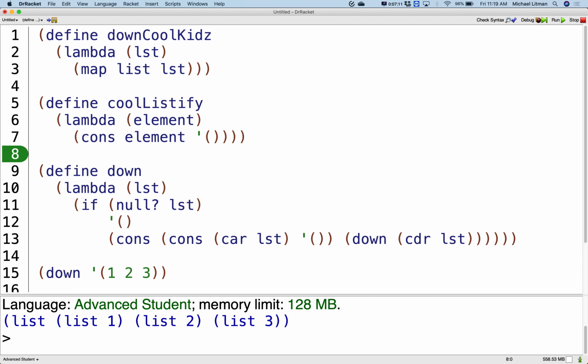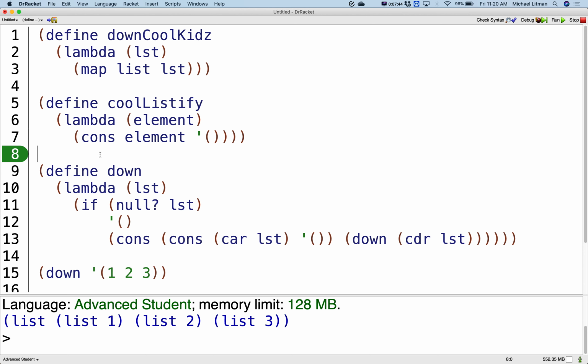It could be a function. I could have a list. Did I give you an example of something like that last class? I could have a list with a bunch of lambdas in it. Functions are way scarier than numbers. I could have the number 3, or I can have a lambda function that takes 14 parameters and solves the meaning of life. But I could have a list of those if I wanted to. And the car of that list would be a function that takes 14 parameters and solves the meaning of life. That make sense? All right, so